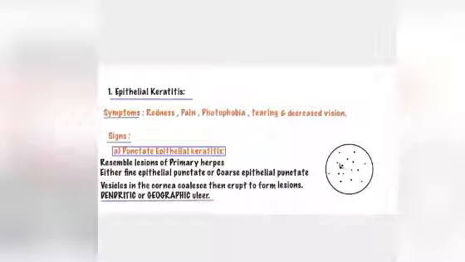The small vesicles projected on the cornea will combine together and then break, erupt to form ulcers. So these vesicles are forming ulcers in the case of punctate epithelial keratitis. Once they combine, they are large enough, and the top of it will break and form an ulcer. That can either be a dendritic ulcer or a geographic ulcer. We'll see what dendritic and geographic ulcers are in the next slide.